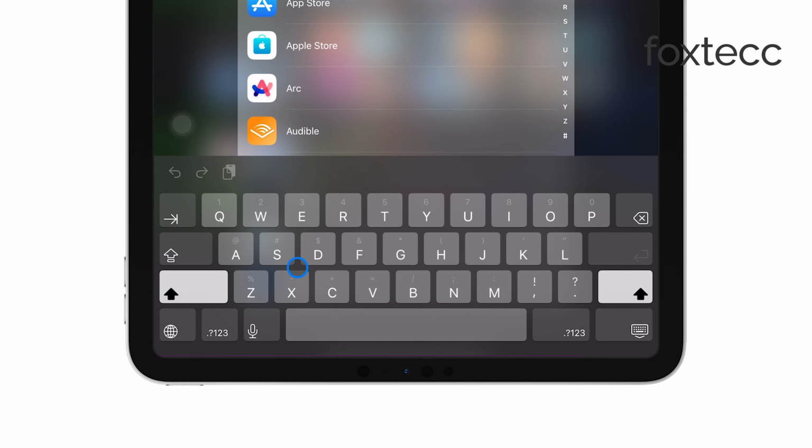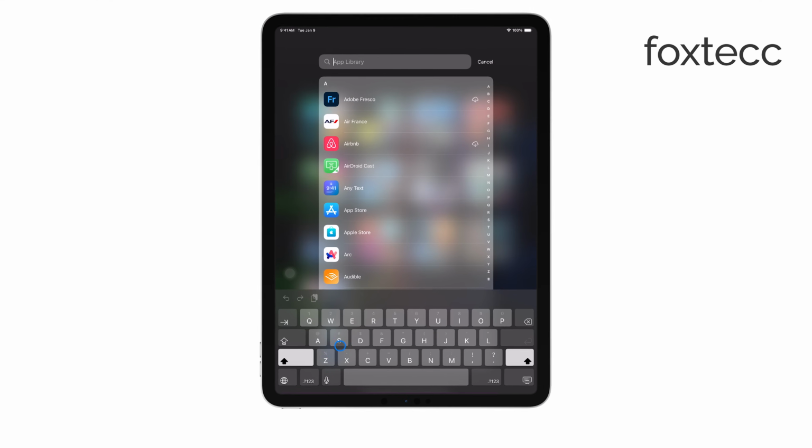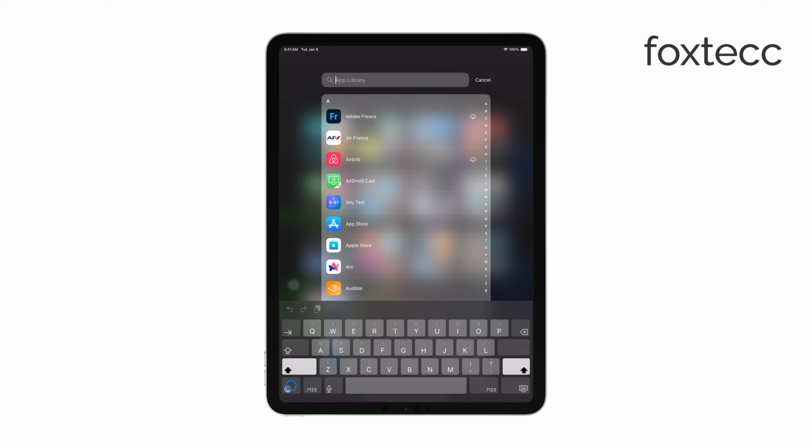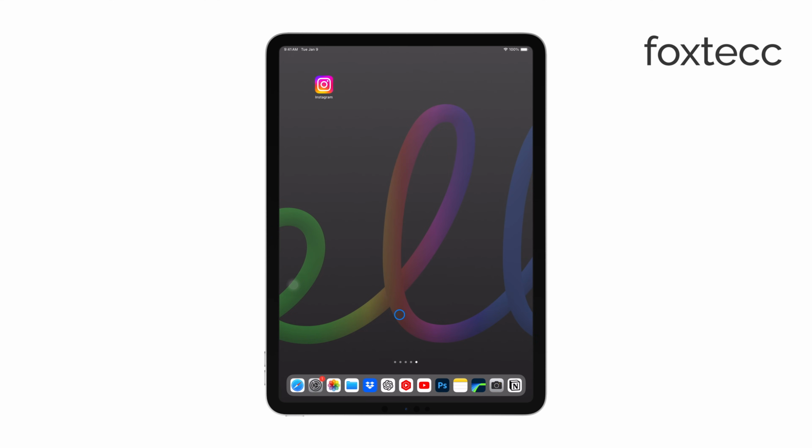Changing your keyboard language on the iPad is a simple process, but it can make a big difference in how efficiently you can type in different languages. Whether you're sending emails, writing documents, or chatting with friends in another language, this feature makes it seamless to switch